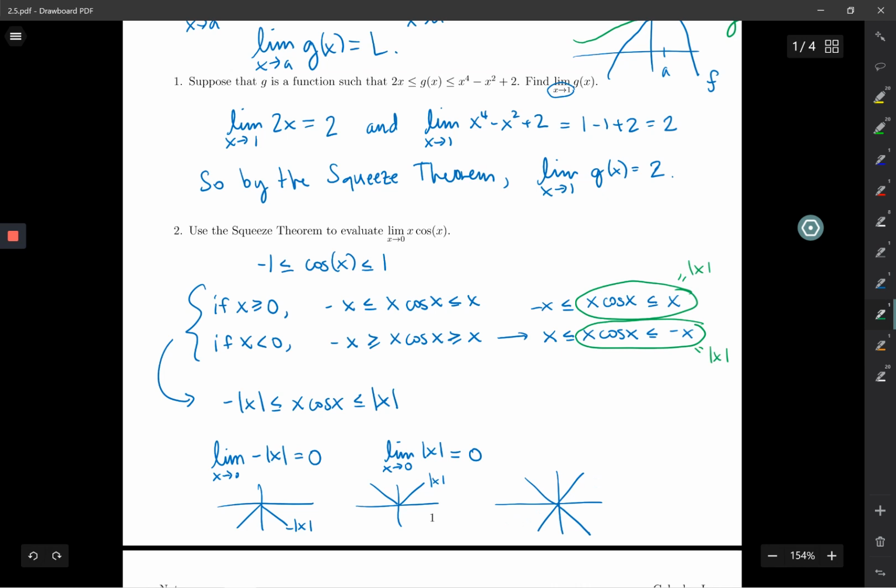So let's say it looks something like this. We see that because of the shape of these two functions and them converging towards 0, the limit as x goes to 0 of x cosine x has to also be 0. So by the squeeze theorem,